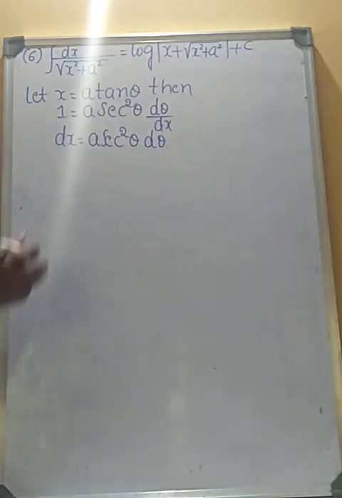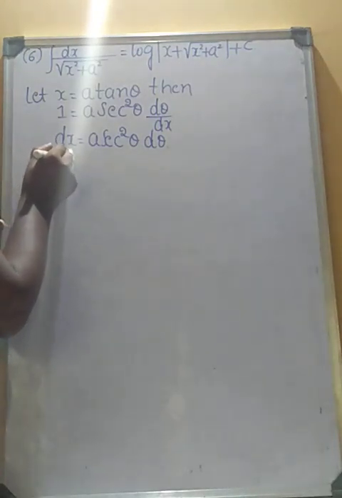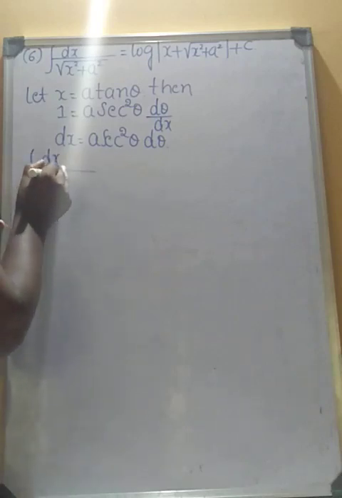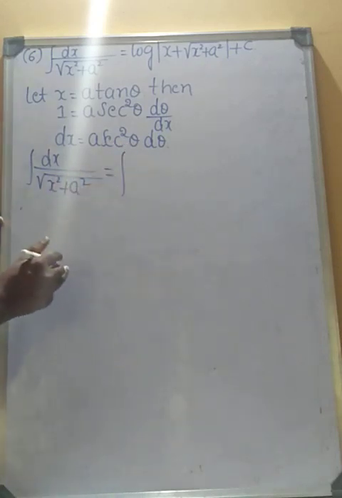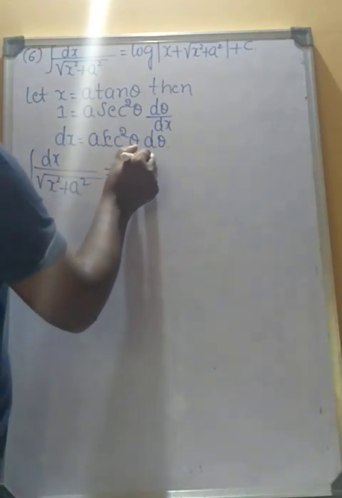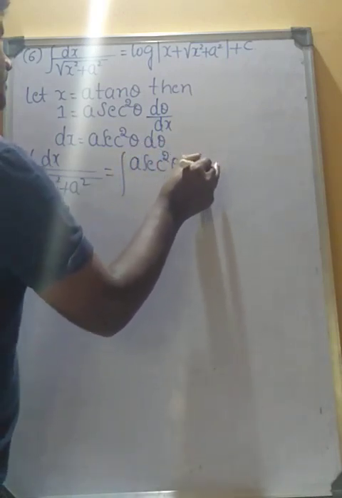Substitute in the given integral: integral of dx divided by root of x square plus a square equals integral of a secant square theta into d theta by root of